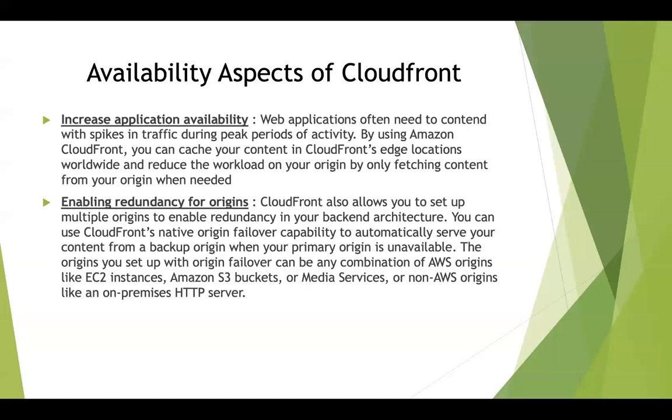So suppose there is a scenario wherein you have two S3 buckets with static website hosting that are serving the same content, you can have both the S3 buckets hooked up to a CloudFront distribution as two origins. Rather than having one origin, you can have two origins. So even if that particular region on which you have the first S3 bucket as an origin goes down or fails, or there is a tornado or an earthquake in that particular region, you can still use CloudFront to serve your content from another S3 bucket, right? That is of a different origin. So you can do disaster recovery kind of scenarios even with CloudFront